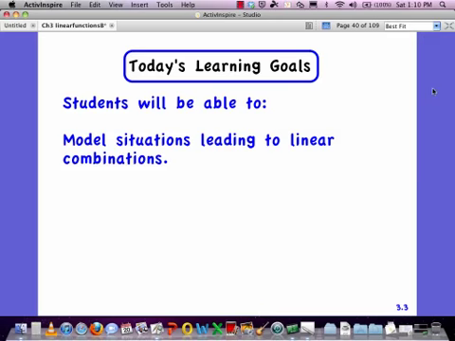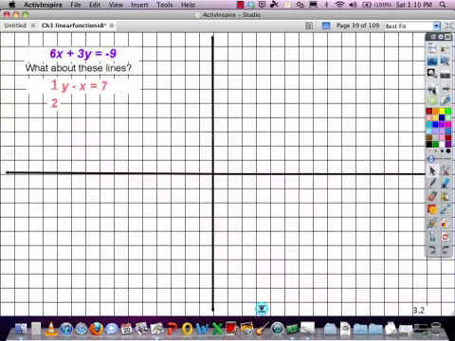And so, with that, we should be ready to graph some lines that either come from standard form or slope-intercept form. So good luck, and bring any questions you have about